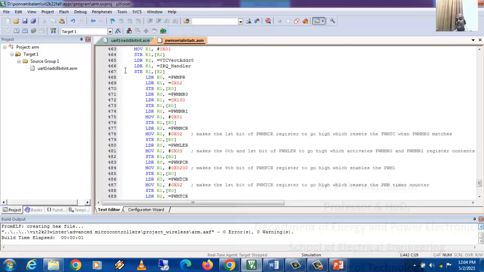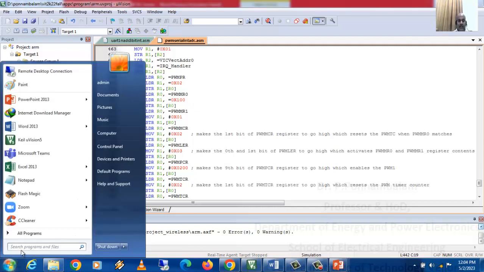Why I have given 100 is since the data that is received from your remote microcontroller, maximum will be FF. If 8-bit is the character length, obviously FF is the maximum value that it can have. What is the value if you add 1 towards FF? Then it becomes 100. FF plus 1 is 100. So 100 should be the PWM MR0, so that that is your cycle, right? It's not 100 microsecond, it is 100 in hexadecimal,